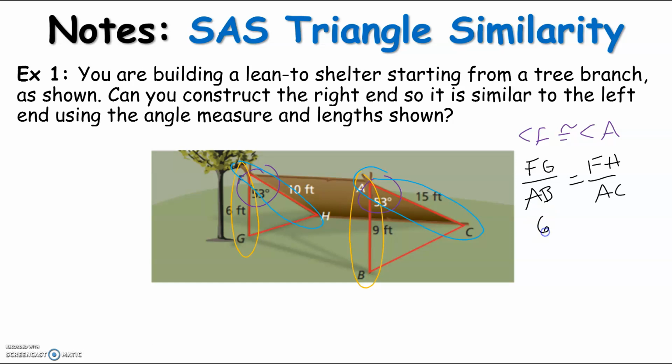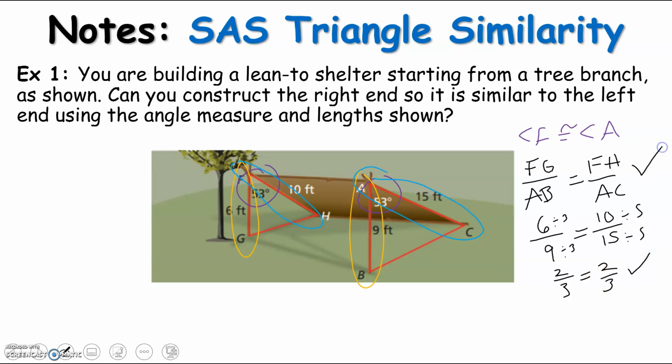So FG is 6, AB is 9, FH is 10, AC is 15. Reducing the first fraction by 3, we see that it's 2/3. Reducing the second fraction by 5, we get 2/3. Because these are equal, we know that the first statement is true, and then we could see, like I said before, the congruency in the angles. Therefore, we are going to say that triangle FGH is similar to triangle